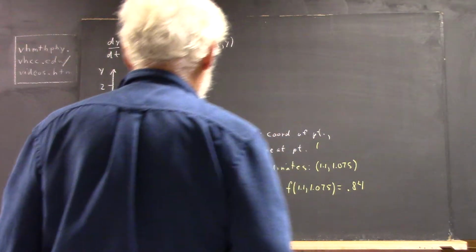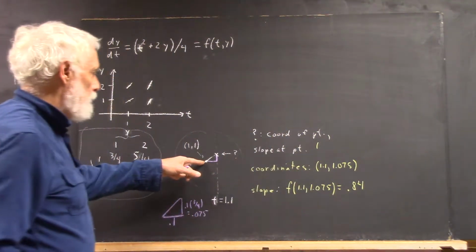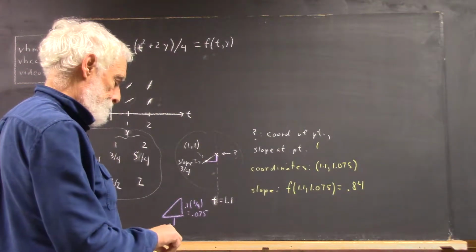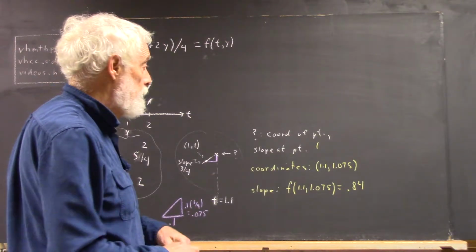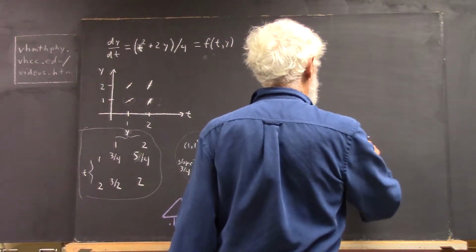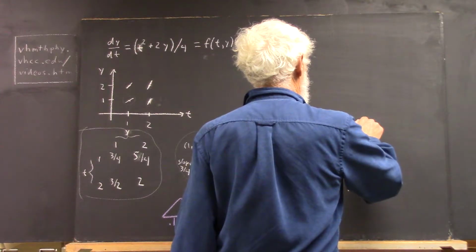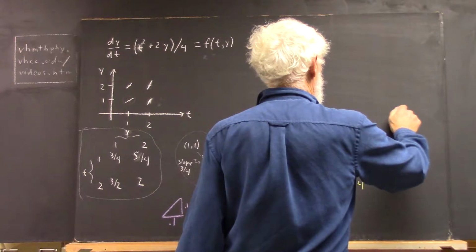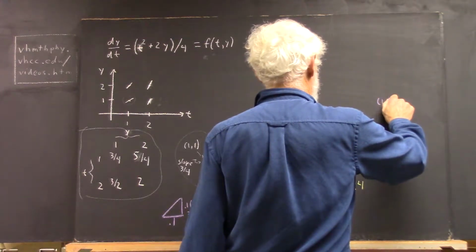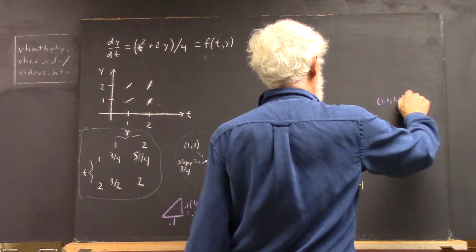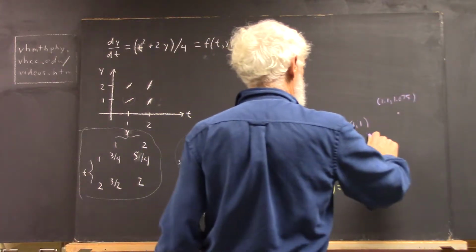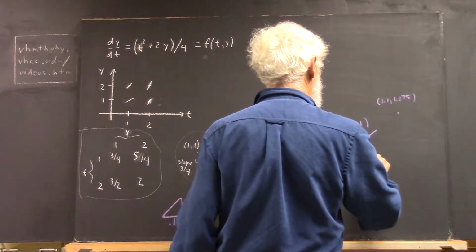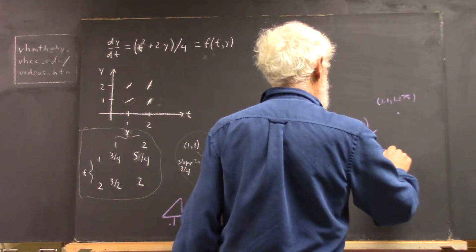So we find that the slope here is 3/4, right? Okay, so it's like we're going from 1,1 up to 1.1, 1.075, and the slope here is 0.75,